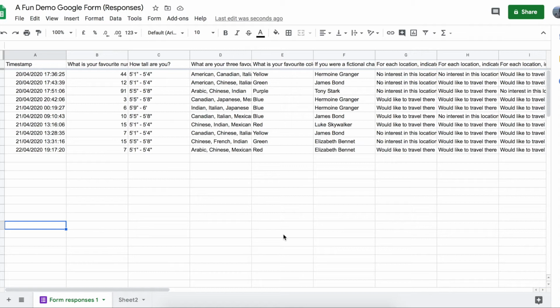Okay, the first thing we want to do is start cleaning up our data. There's a lot of information in here that we don't need, so we're going to get rid of that stuff and just save it for later. What we'll do is we'll make a new sheet,